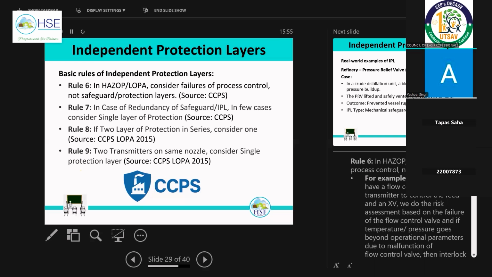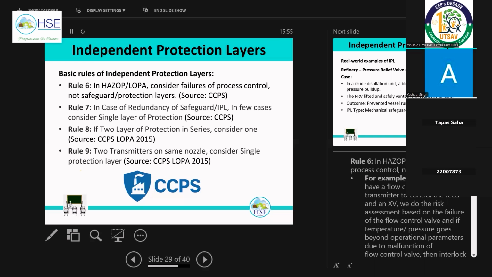So we have stoichiometry proportionate control in the raw material B and C feed. In that case, suppose we provide the flow transmitter and control system there. Because the flow of A changes the ratio, the flow of B will also change. But that is a safeguard here, not a process control, because in the basic process control the basic raw material is A, and based on the ratio of A, B and C change.